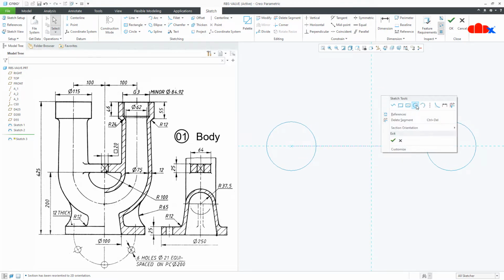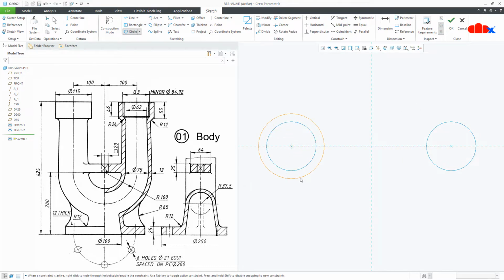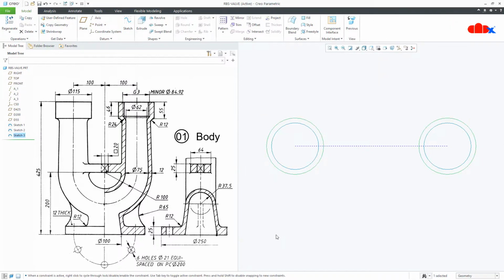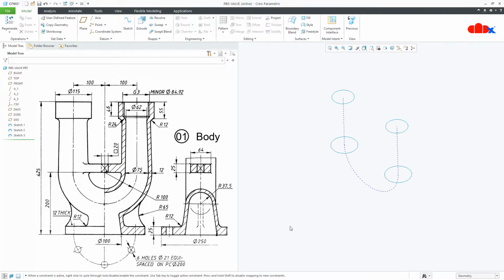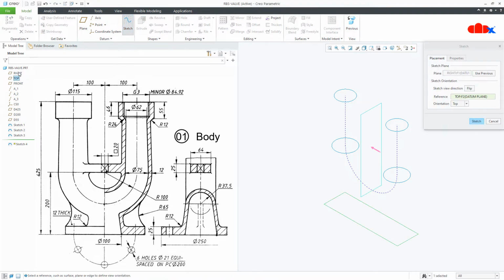Draw the circle just like this and like this. Now this dimension is 75, which is here. Say OK. Control D. One last sketch, which is on the right datum plane.